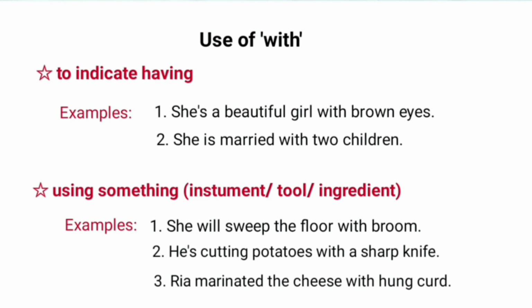To show using something like instrument, tool, or ingredient, with is added. Examples: she will sweep the floor with broom. He is cutting potatoes with a sharp knife. In these examples, broom and a sharp knife are tools. Third example: Ria marinated the cheese with hung curd. Here hung curd is an ingredient used in marination before grilling. It is actually curd which is put in a muslin cloth, tied and hung for some time to remove its